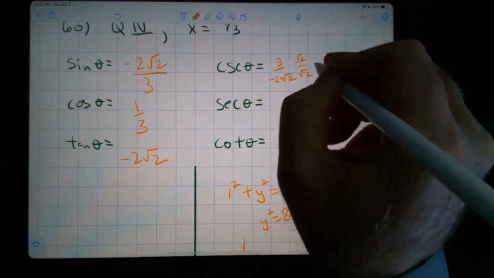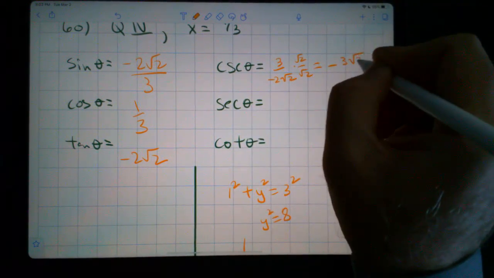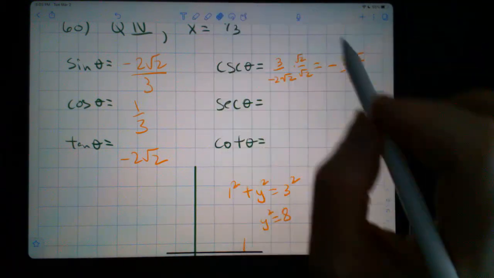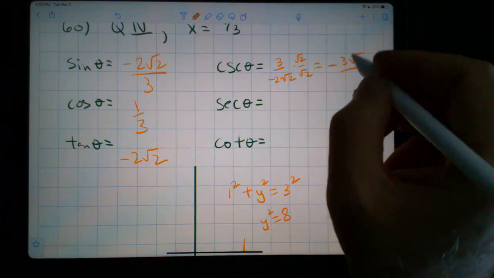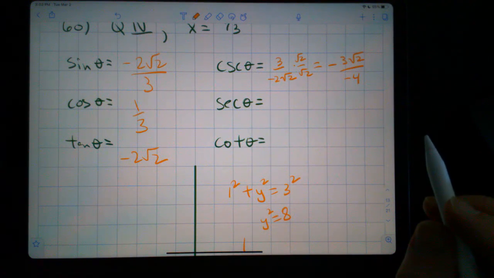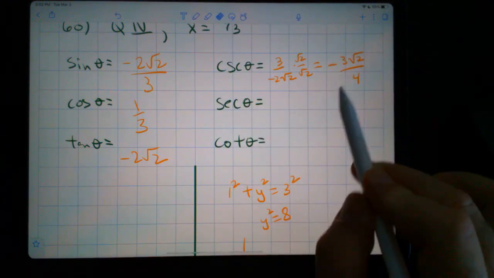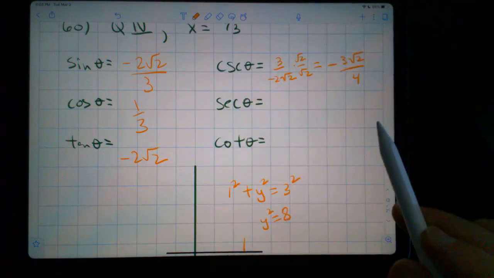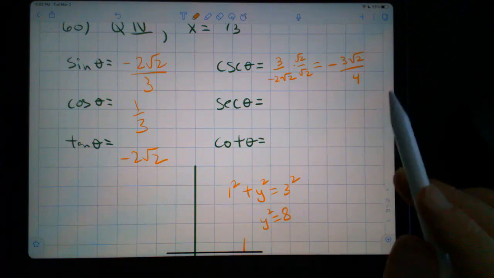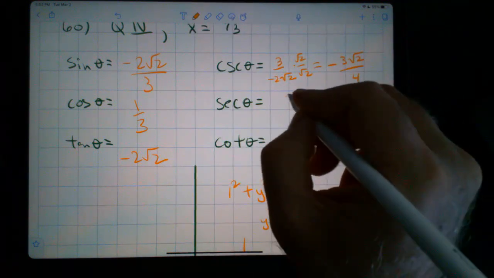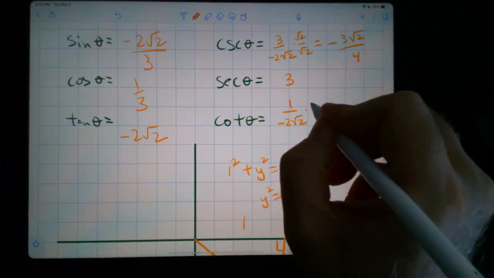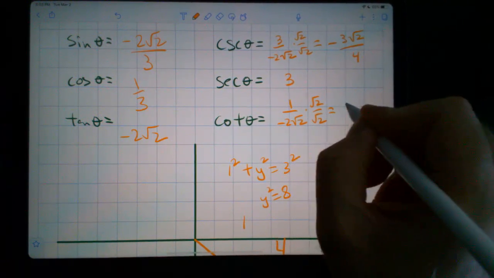Rationalize the denominator. We get negative. There's a 4 in the denominator. There's 2. Yes. Secant is going to be 3. And cotangent is going to be 1 over this. Rationalize the denominator. And we get